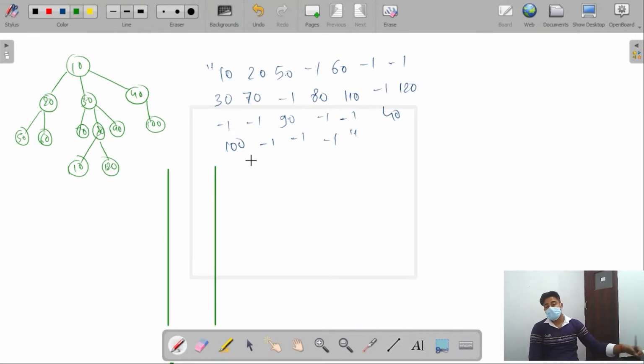The first thing is that we have created the serialized string using a pre-order traversal. As we created it using pre-order traversal, we will also deserialize it using pre-order traversal. That means as I keep iterating over the string, the moment I get a non-null value, I keep adding to the stack.